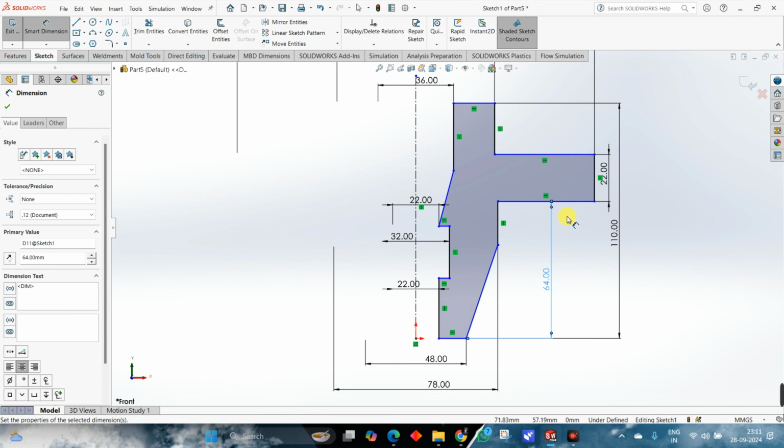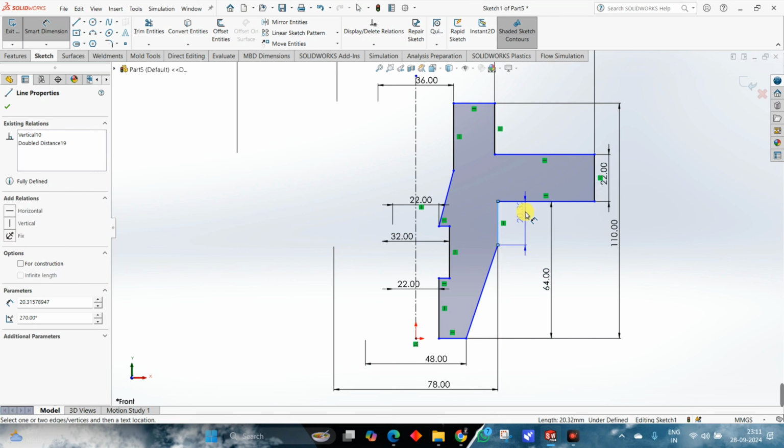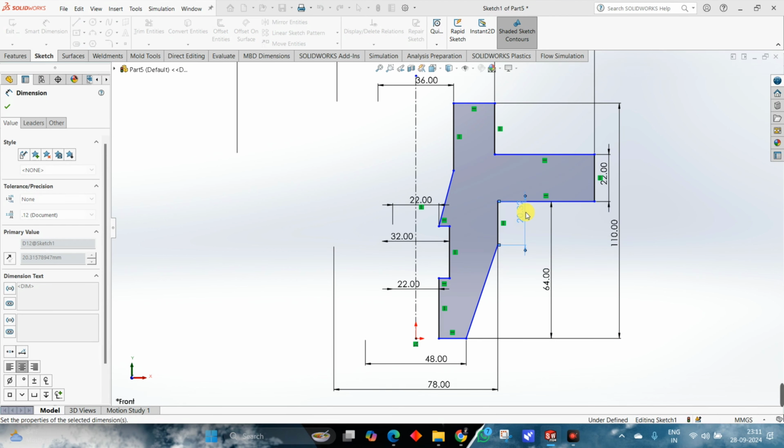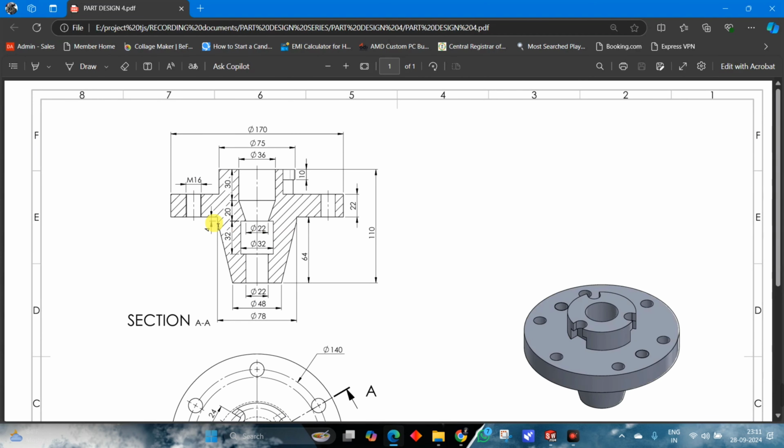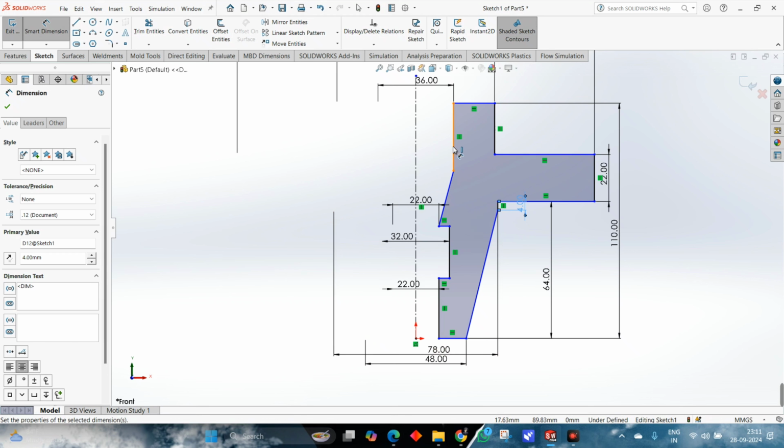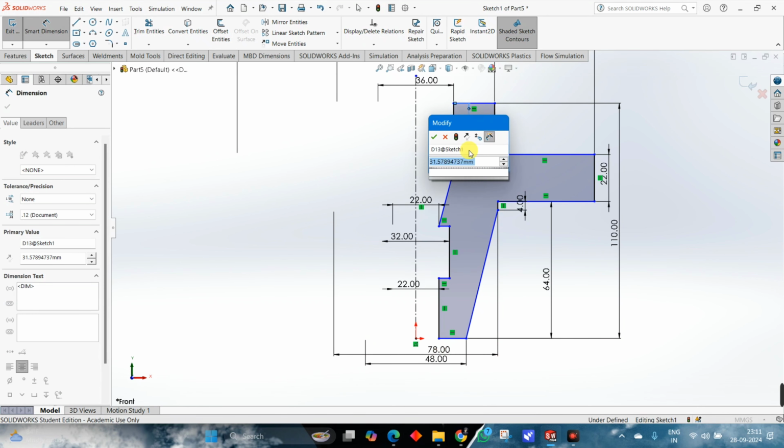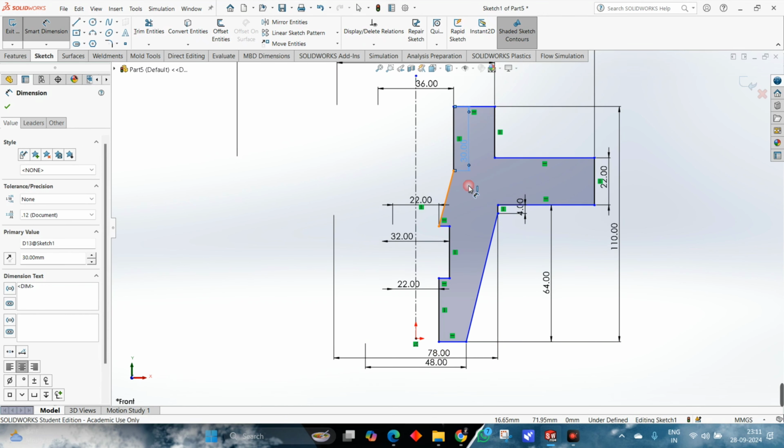Okay, and this width is mentioned 4 over here. Now we can give the internal width heights also. This one, the pocket heights, which is 30, 20 and 32. This is 30, 20